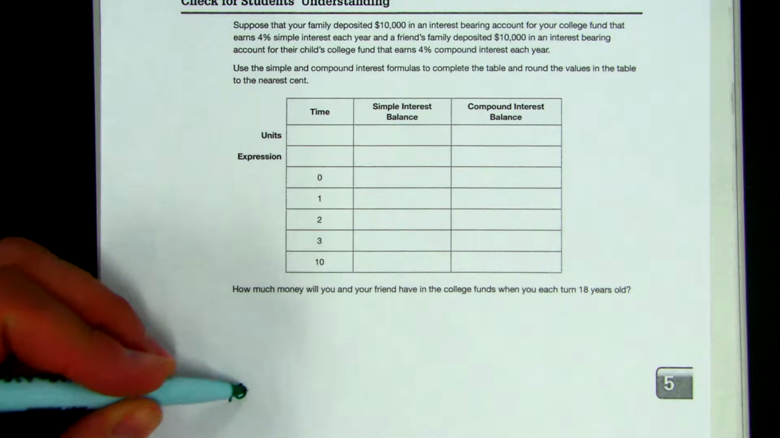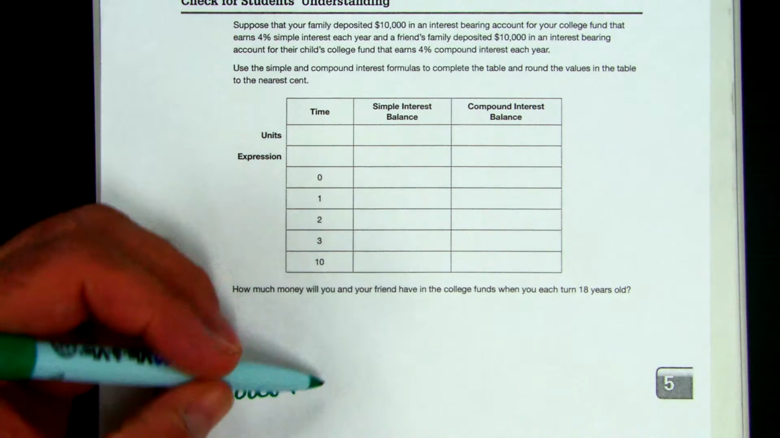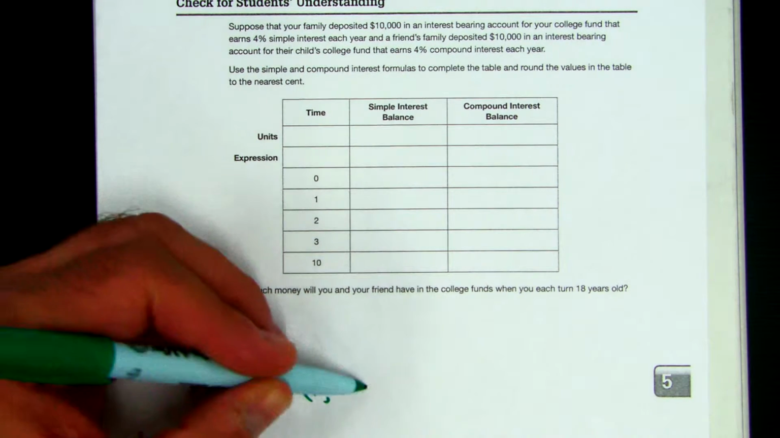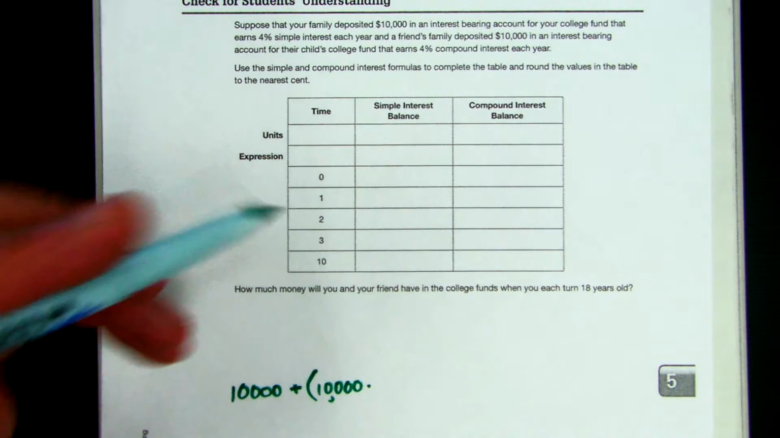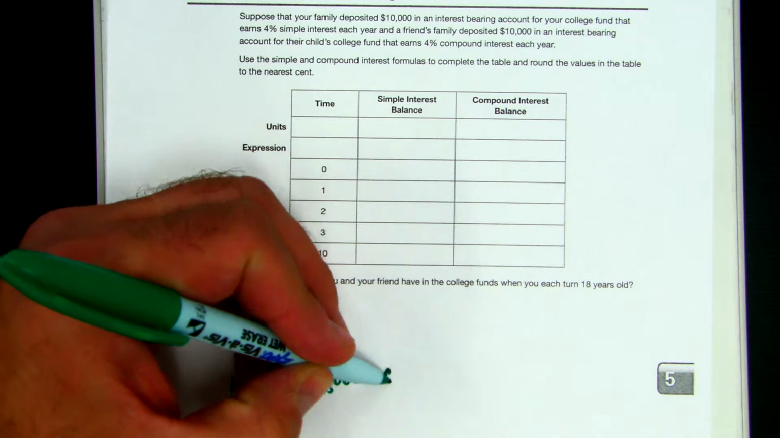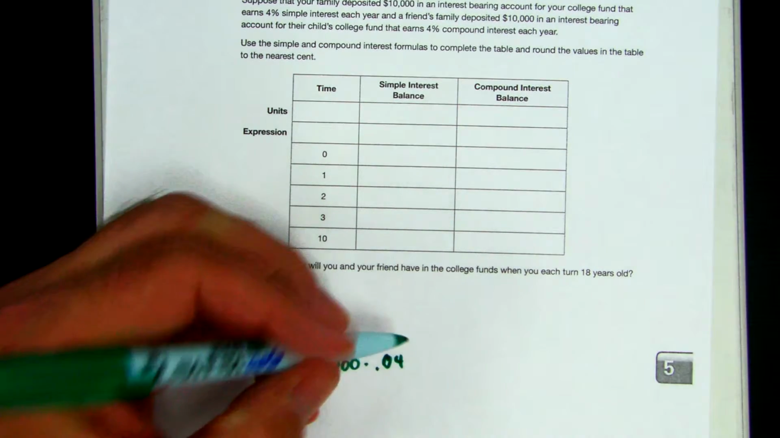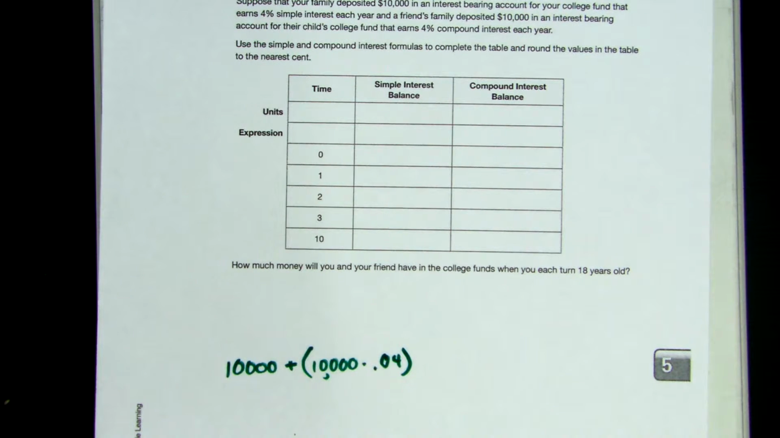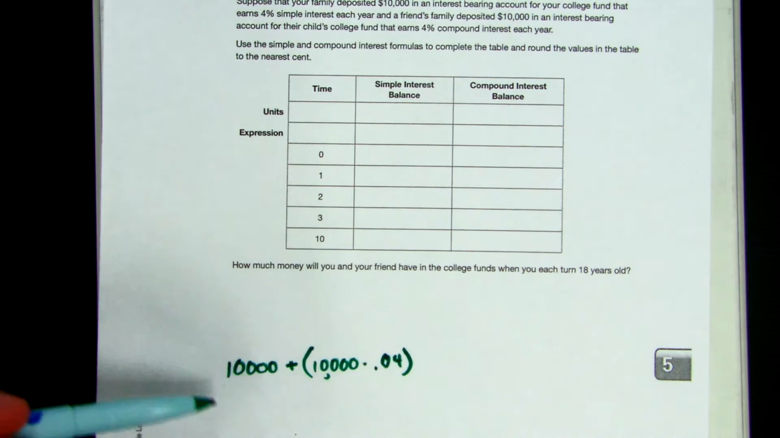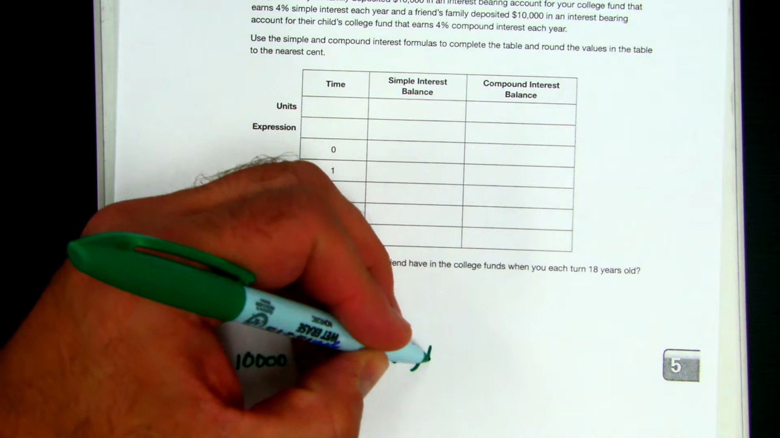One of them is going to be $10,000 plus, and then you had to figure out what 10,000 times 4% is. We write a percentage as 0.04. And then times the years. The years are what's going to change, but here's our basic expression, where the t